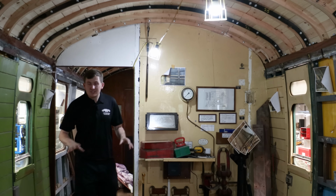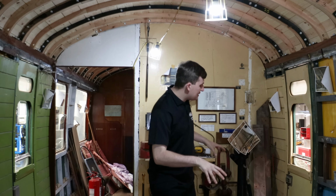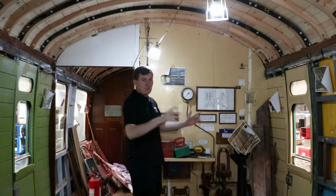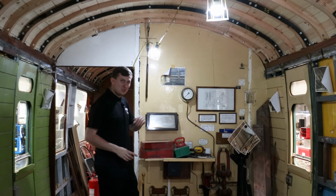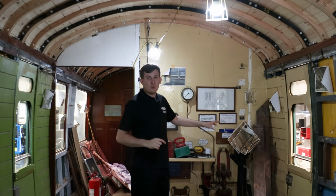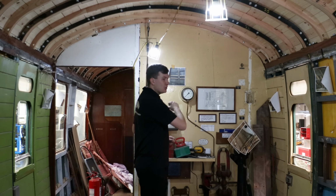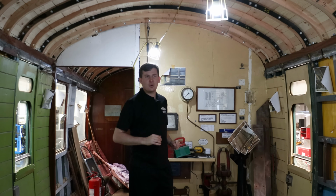Now at the back here is the guards compartment and sort of luggage area, which is where you guys are at the moment. This here is the guards van. Interesting features, as we've seen before, the periscope which you can find on some brake vans so the guard can see along their train, and the handbrake which is a requirement for the guards van because it is a brake vehicle. So when the locomotive's not on here, you screw the handbrake on and that stops your train rolling away